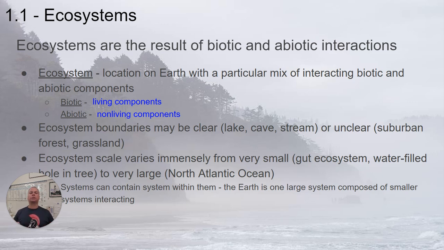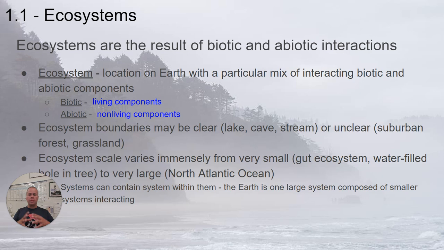And in some cases, ecosystem boundaries are quite clear and defined, such as a lake ecosystem. We can really clearly see the edge of the lake, and that defines the boundaries of that, or a stream or a cave. Other times, the boundaries of ecosystems can be more unclear, where one type of ecosystem can sort of fade into another, like a backyard ecosystem that has some unmowed, untended areas leading into a forest, where you have the lawn, where you have the forest, and the boundary between those is not quite as clear.